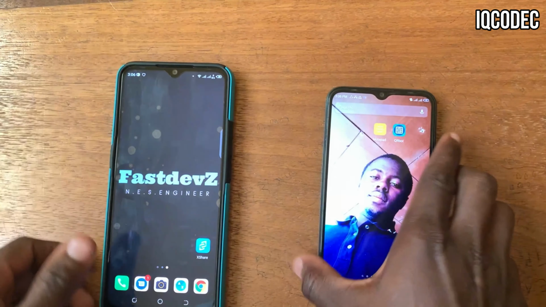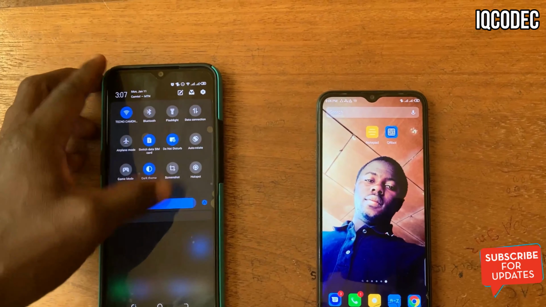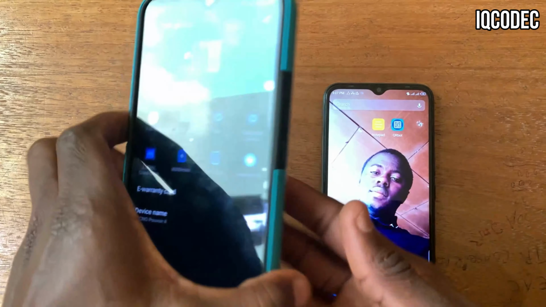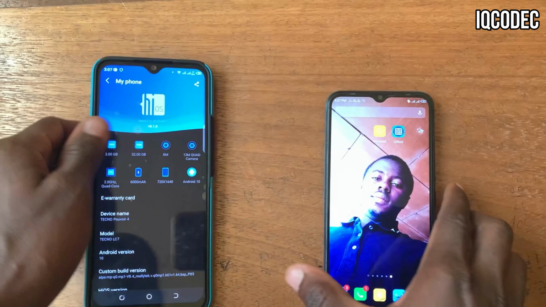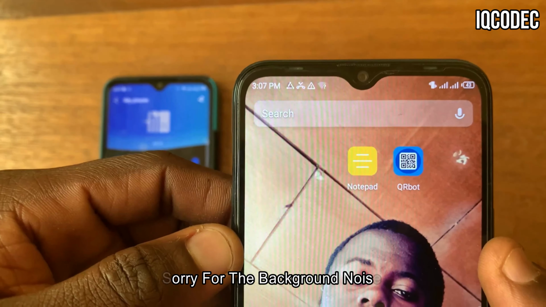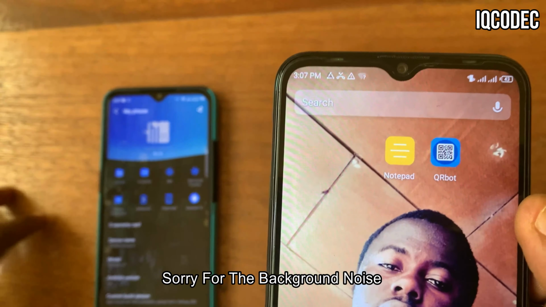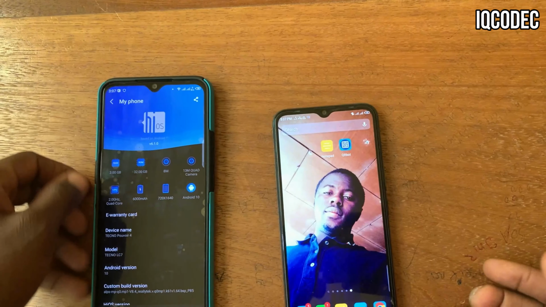So to proceed, I will first start by proving that I'm actually having Android version 10. As you can see, I'm running on Android version 10. And on my second device, as Kelly said, you need to install the QR Boot, an app that is available both on Android devices and iOS devices. So the step is followed by